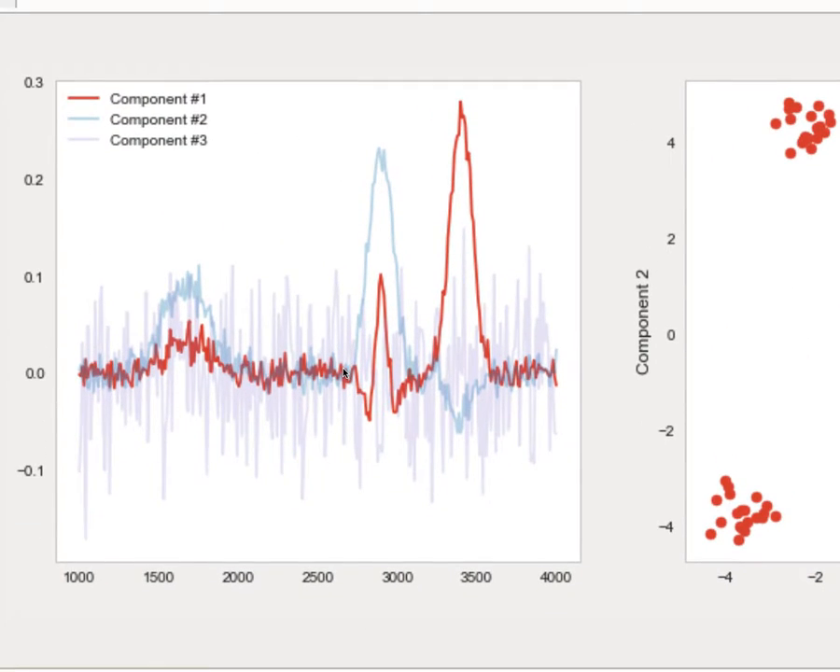So we can show the first component that it found is this red curve. We have a little bit of this peak, a little bit of the second peak, and a lot of the third peak. And then we see that the second component has a bigger peak here, a bigger peak there, and a negative peak there. The components themselves we're not incredibly interested in, but